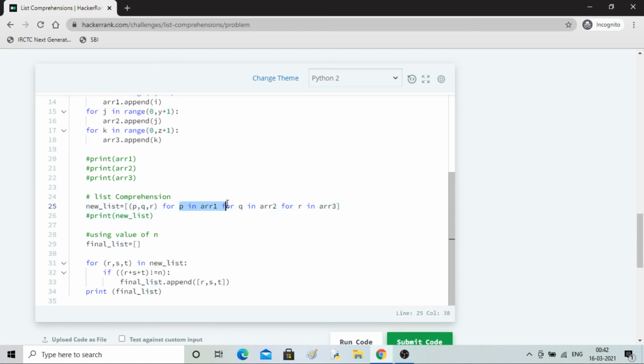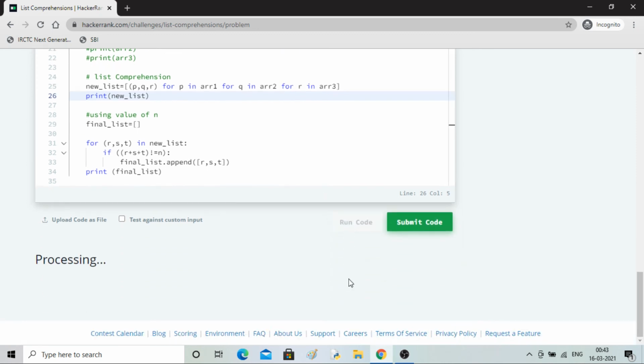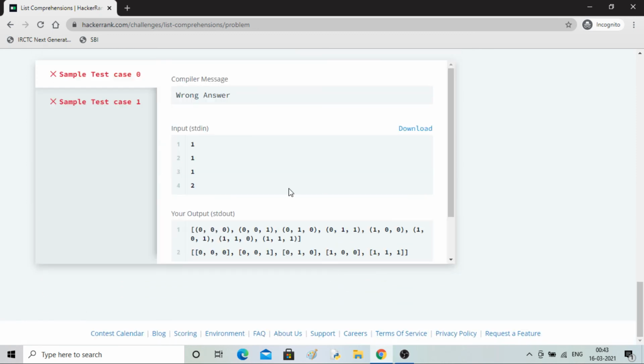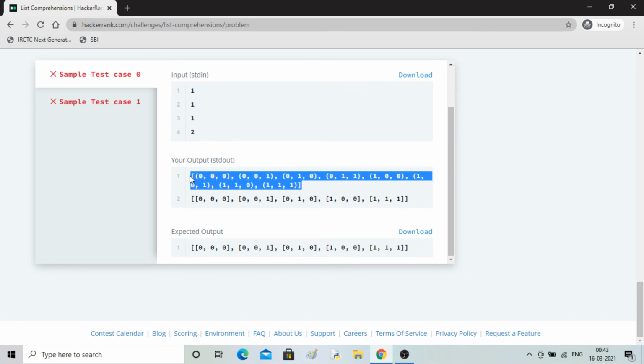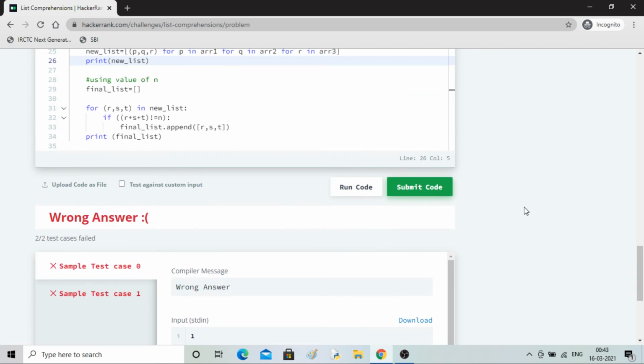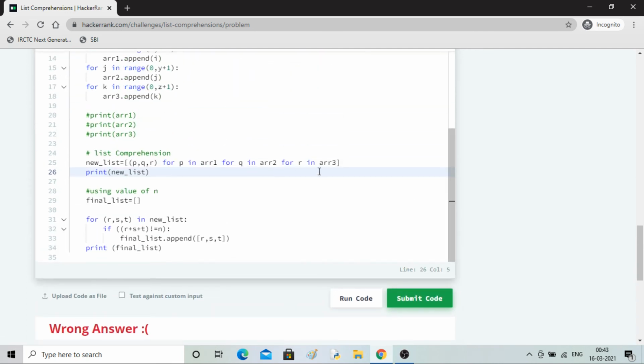Next it will keep the value of P and Q the same. Next value of R it will take, combine P, Q, R with this bracket, and that will become the second value of the new list. Okay, so let's do this. I'll print so that you can see. Okay, so you can see here that it is generating the same output. 1 2 3 4 5 6 7 8, 8 was there, and finally we are getting 5. Now this kind of technique you can apply here as well. Okay, so the final list is this.